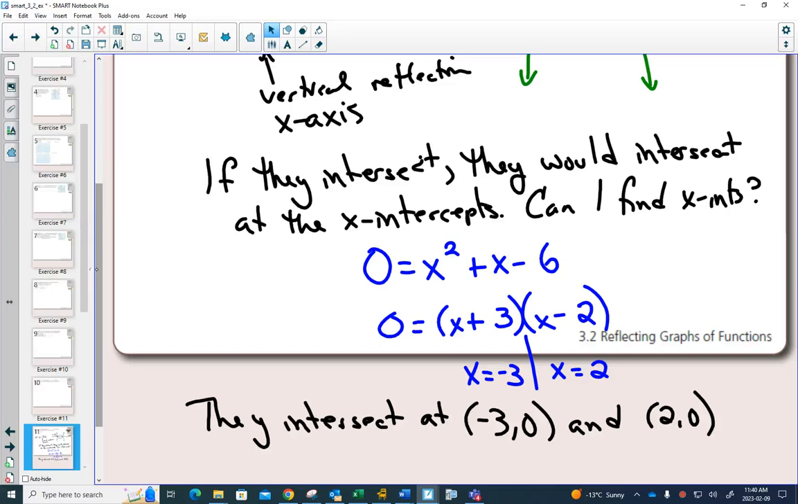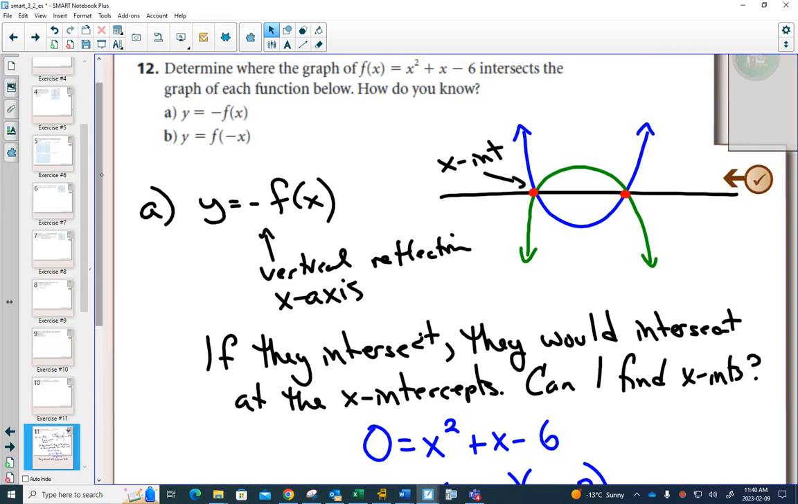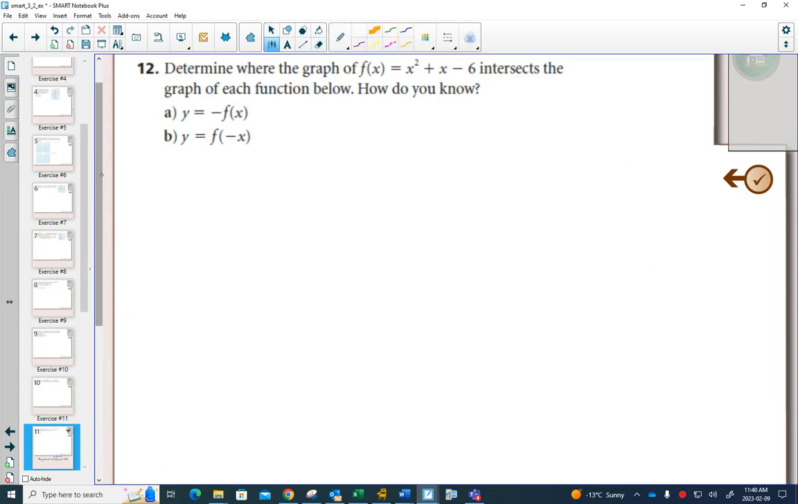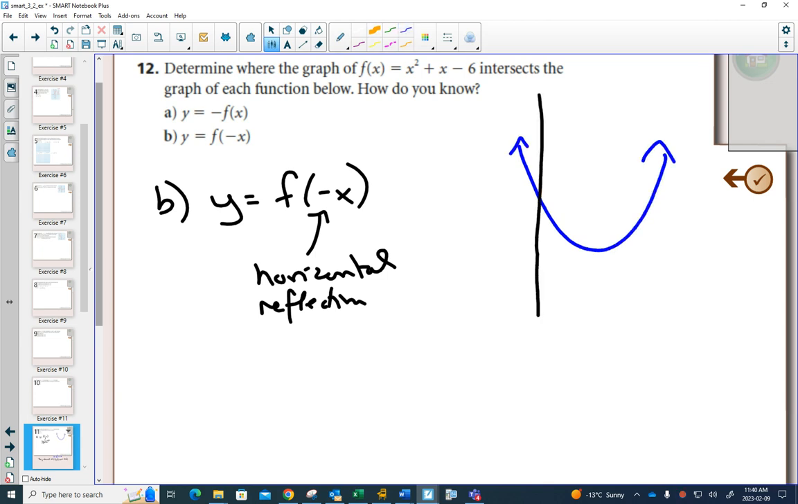Okay? Let's look at part B on this one. Now that you've problem solved for part A, when we get to part B here, y equals f of negative x. We notice this is a horizontal reflection. We think about our original parabola opening up. And a horizontal reflection would be over the y-axis. And if you reflect something over the y-axis,